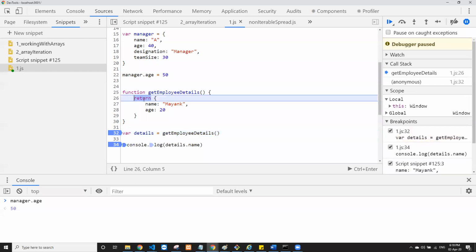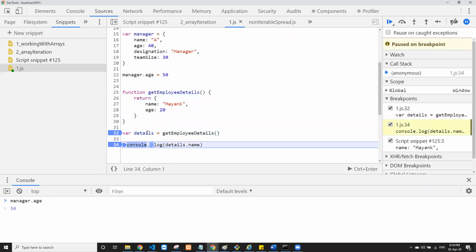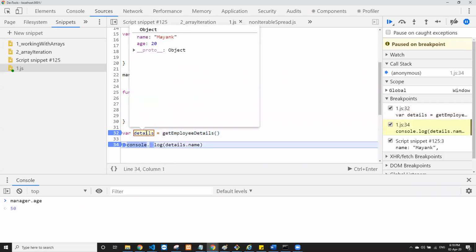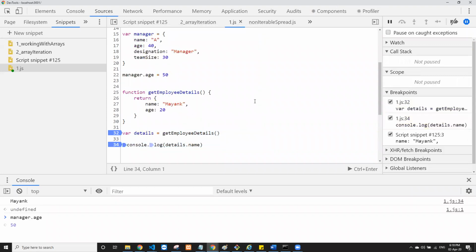It says return me an object, and this execution will return an object having name and age. We press F10. Now you can see details is just an object containing name having Mayank, age having 20. You can now access details dot name, which is Mayank.